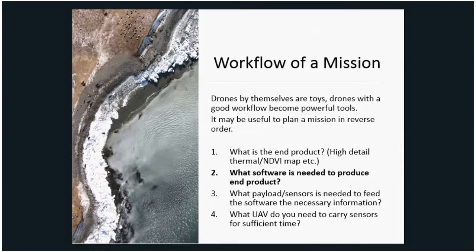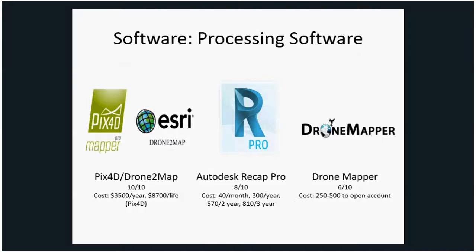So those are the end products. We've got to think about what software is needed to produce that end product. There are three main types, three main levels. The top type of software is actually Pix4D. You guys might have heard of it. Esri also has a software called Drone to Map, but that also uses the Pix4D software, and they both cost the same amount. They're reasonably expensive, but very, very capable of doing whatever you want to do in terms of